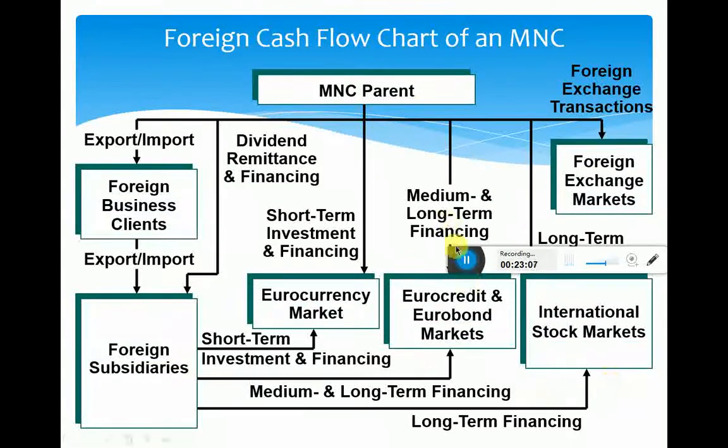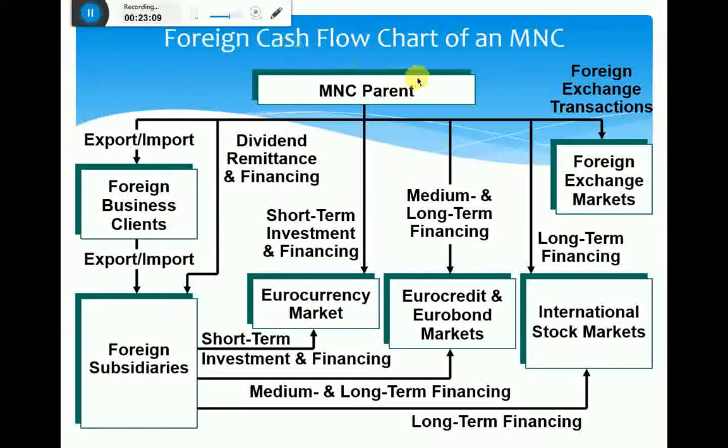This is a cash flow chart of a multinational corporation, right? We have the parent or the headquarters of the multinational corporation. They do five types of functions. Number one is export import. Number two is dividend remittance and financing. Number three, short-term financing and investment. Number four is medium-term financing and investment. And number five is foreign exchange transactions. So export import is done through foreign business clients,